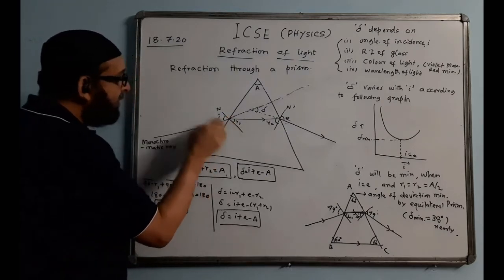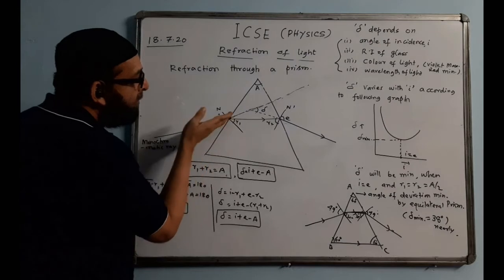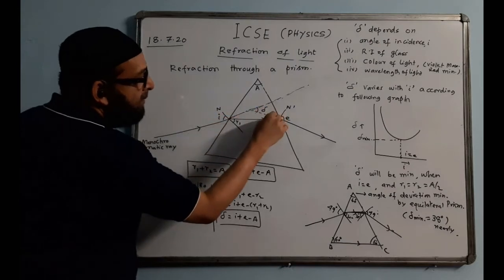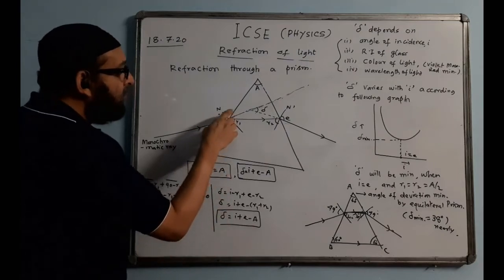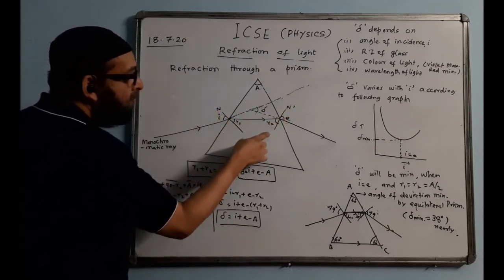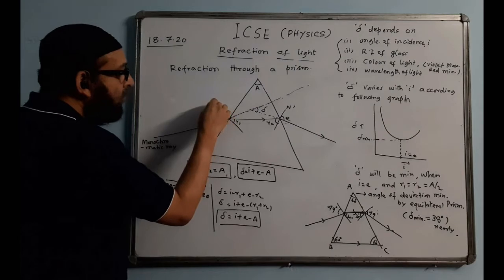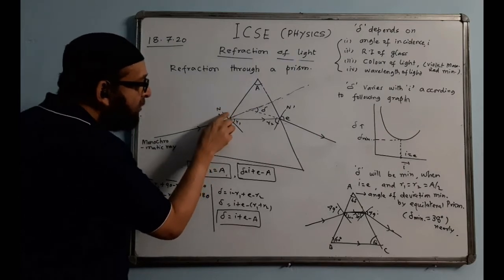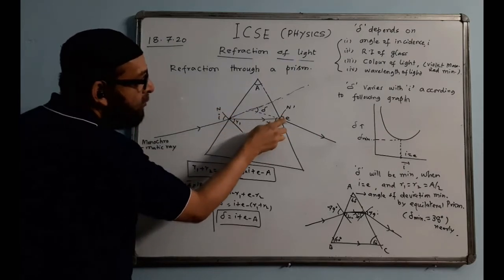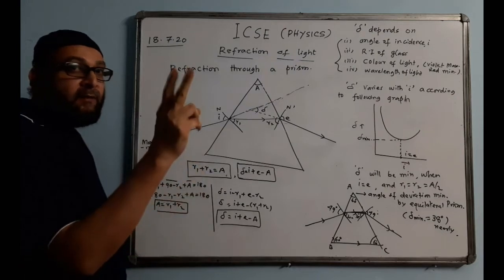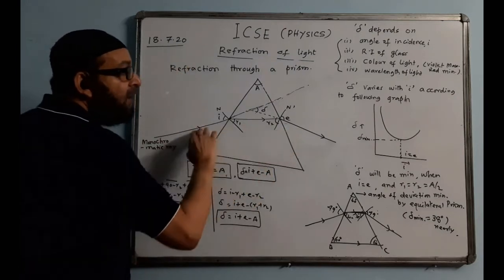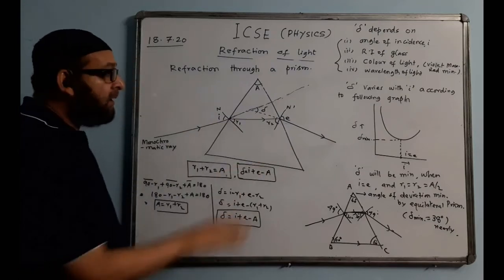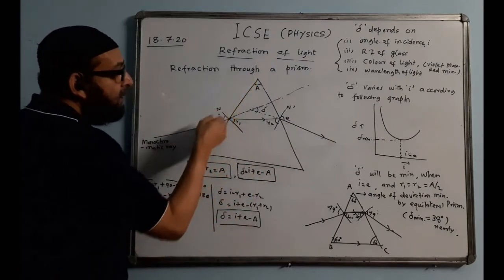The ray will be coming like this. This is air, this is glass. The ray will be bending towards the normal from air to glass like this, and then from glass to air it will bend away from the normal. We draw the normal here and the normal over here. Normally we should draw such that this angle looks like 90 degrees. This angle should look like 90 degrees. Two times refraction takes place, here and here.